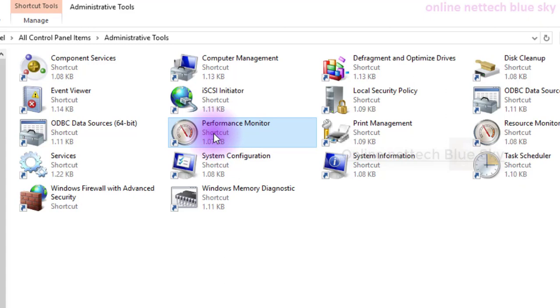Performance Monitor is a tool that shows how your computer performs across different devices and processes and load. Everything is shown in your performance monitor.